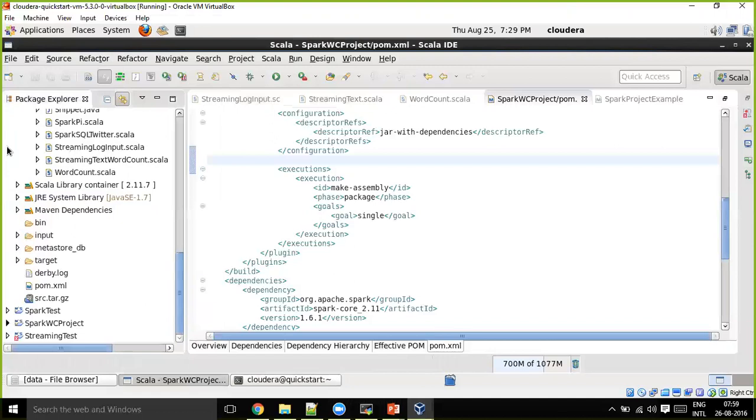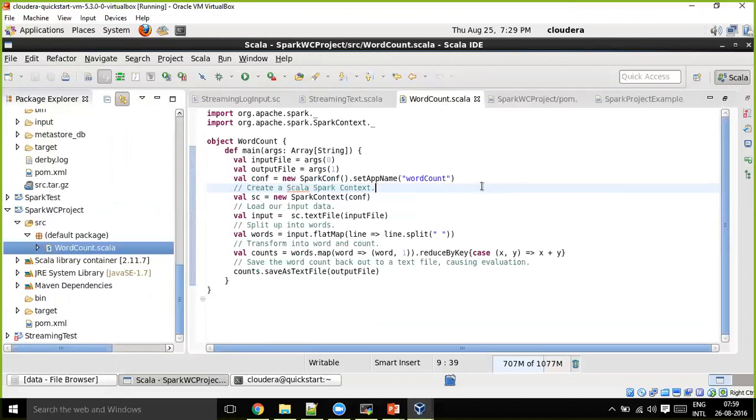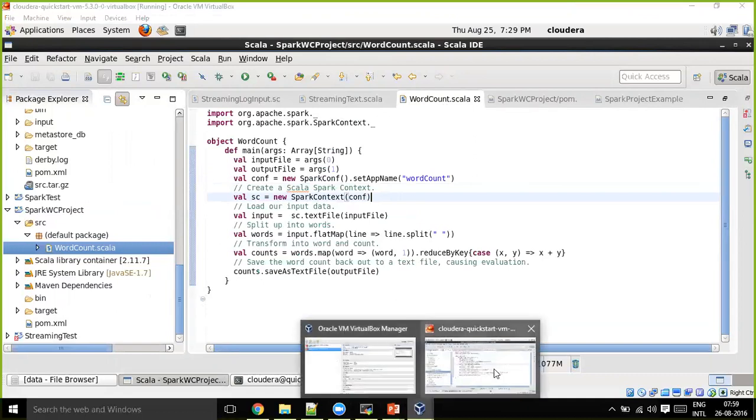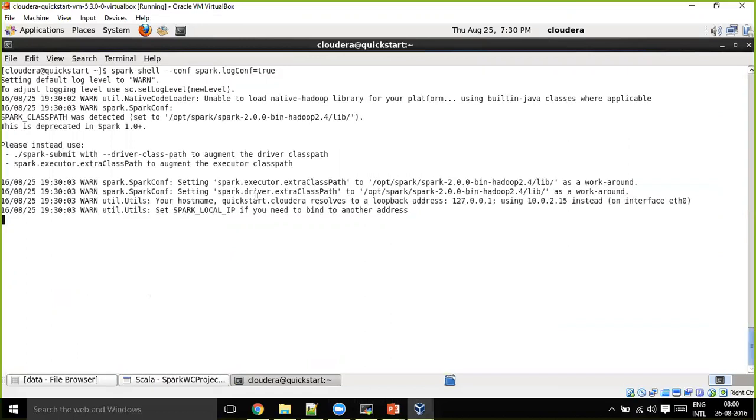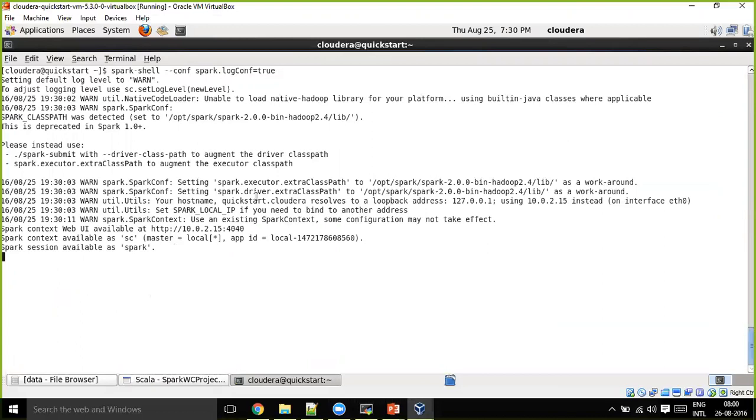Inside Eclipse, in order to write even a very simple Spark application, I'm creating the Spark conf object and the Spark context, both, right? But in the shell, you already get the Spark context object created. When you are within a shell, if you want to check what your configurations are, you can check. And a few other points related to conf and context, I'm going to discuss. Here, execution is not my main focus.